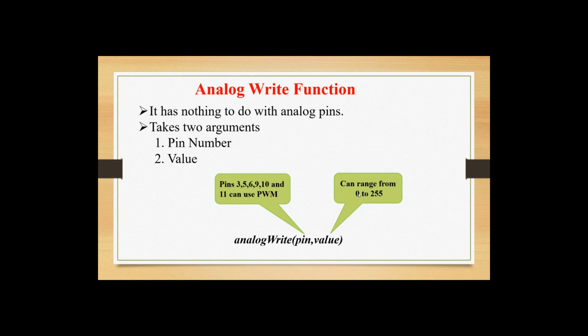Firstly, I have to explain what is meant by bit. The bit is the smallest unit of data in a computer, which means it can hold either 0 or 1. So for each bit, we have two possibilities. There is 8-bit resolution for these pulse width modulation pins, which means the total number of possibilities is 2 to the power 8, equal to 256, as we are counting from 0. So the range is from 0 to 255.